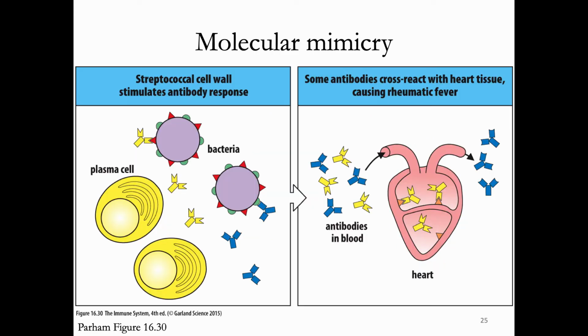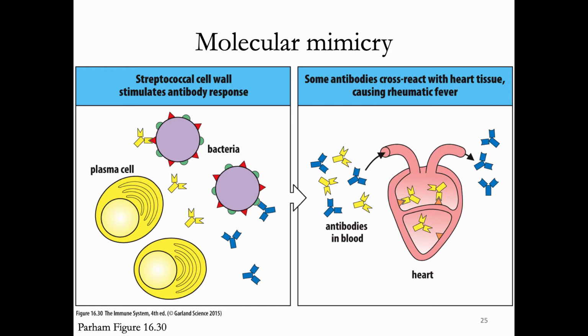I have shown you these self-reactivity issues in the case of T cells, but it's also very possible for molecular mimicry to happen with antibodies and B cells. There is one very, very famous clinical condition where this happens. It involves making an antibody response to a molecule that's part of the streptococcal cell wall. And so here you can see a person potentially being infected with streptococcus that